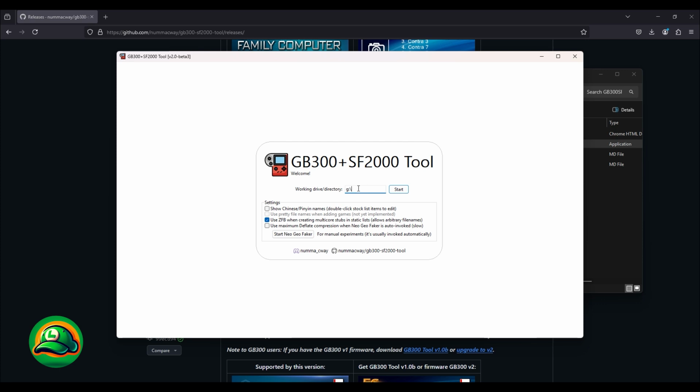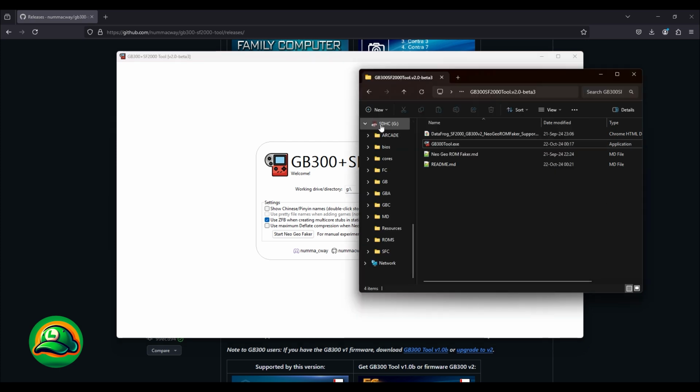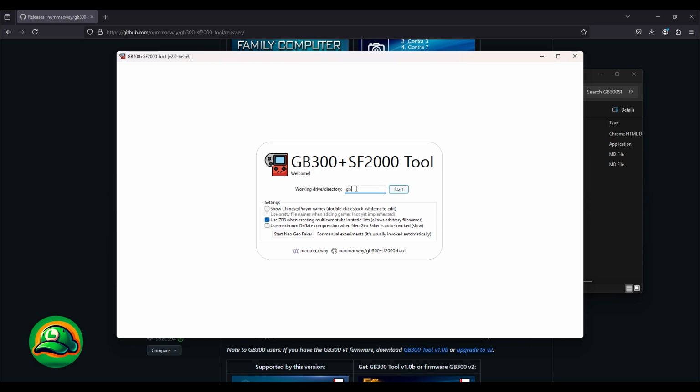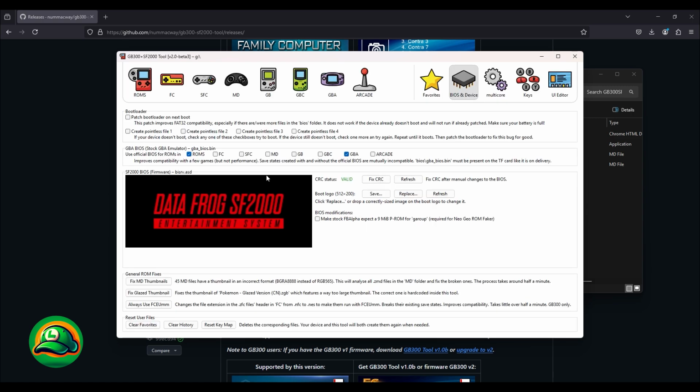After it starts, we need to select the working drive, which in our case is drive letter G, assigned to the used SD card. Then we press start and we find ourselves in a menu with many options, including a fix for the bootloader and even trying to add dummy files if our device won't boot due to the well-known bug. But the purpose of our video today is managing game lists, so we'll click on the system where we